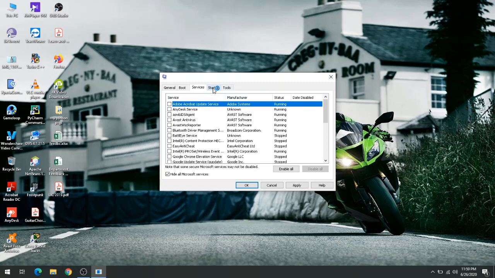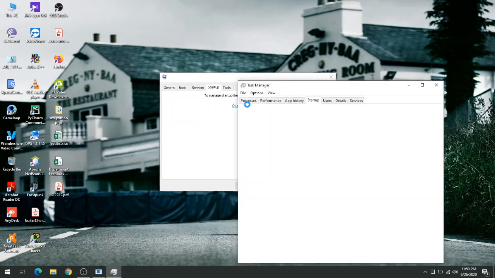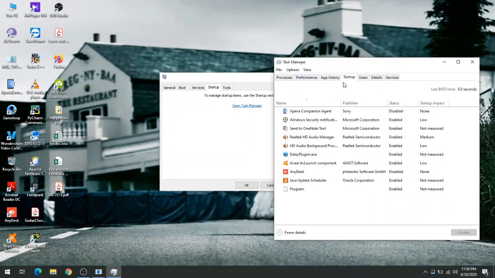The next step is to go to startup, and in startup click on open task manager. When you click on open task manager, you will come across a startup tab where there are the softwares which are executed at the start.